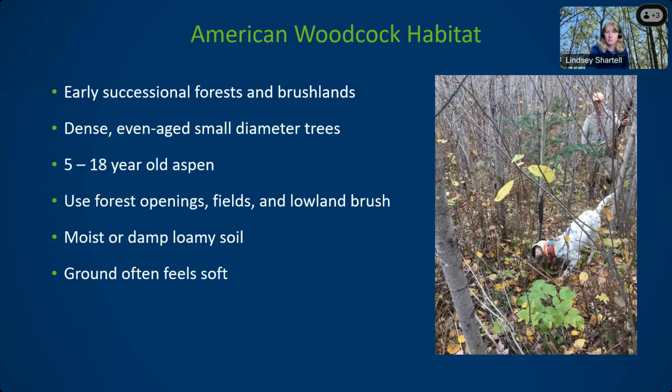American woodcock habitat is early successional, so young forests and brushlands. This overlaps quite a bit with the habitat preferences for ruffed grouse, and grouse hunters commonly target woodcock as well. Woodcock tend to like dense, even-aged, small diameter trees. For aspen, this is in the 5 to 18-year-old age range, though they can sometimes be found in younger and